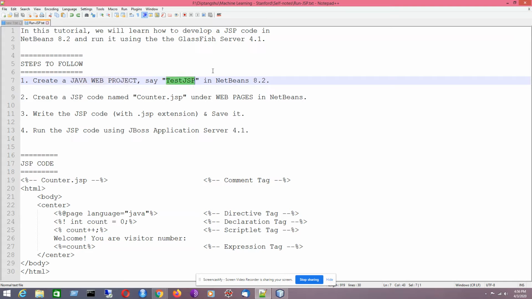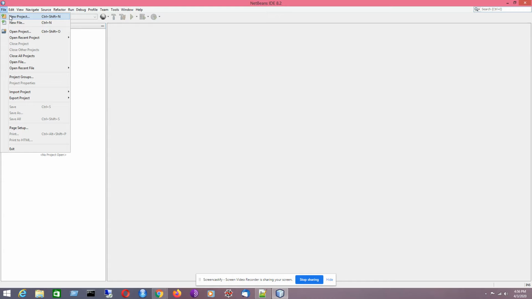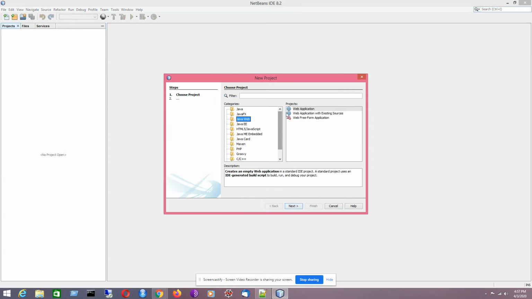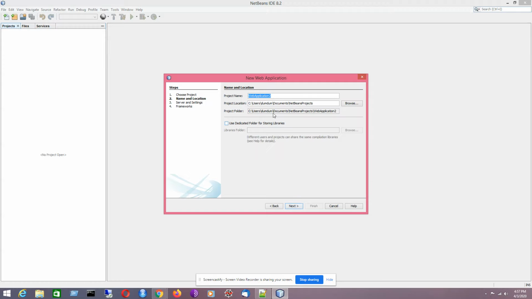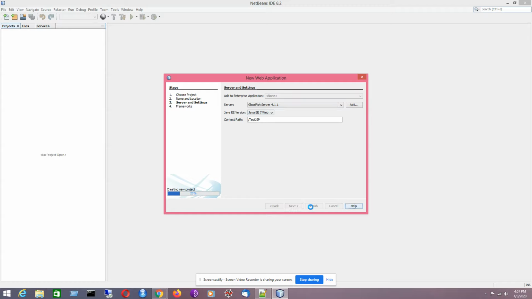So it's NetBeans 8.2. I'll be clicking on new project. Java web, that is representing web application based on Java. Press next. So now I'll be writing the test JSP, pressing next. So it is by default selecting the Glassfish server 4.1, but here is another server that is named Apache Tomcat. I'm selecting here Glassfish server. That is a Java EE version, that is Java EE 7. That is a web version. Then I will be pressing finish,